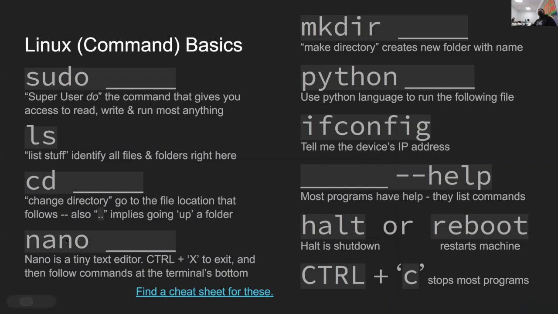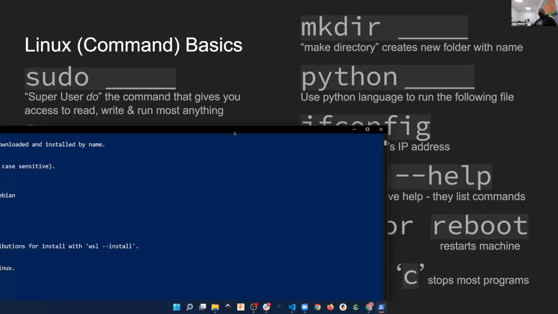In any case, you'll be able to issue a bunch of commands. Nano is a little text editor that lets you do some text commanding. mkdir is make directory. You make a new folder with whatever name comes next. Python lets you run a Python script. ifconfig will tell you the device's IP address. Help is pretty common for lots of programs. You can do --help, and usually it'll list out all the stuff like you saw happen to me